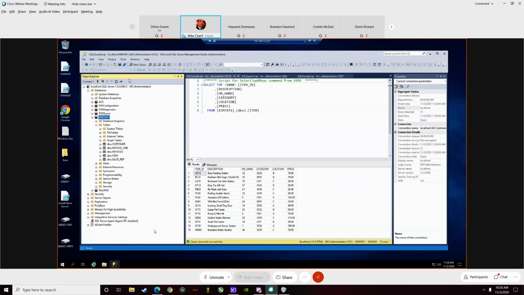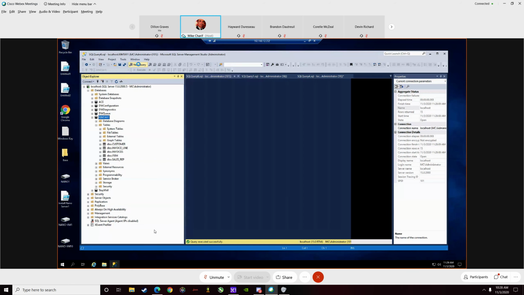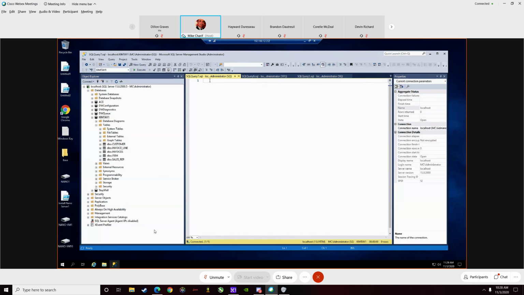So how are we going to do that? That's the same thing we did before. So we have to use the select statement, and we need to use the select clause, the from clause, and the where clause. So we go in the new query right here, and we're going to say